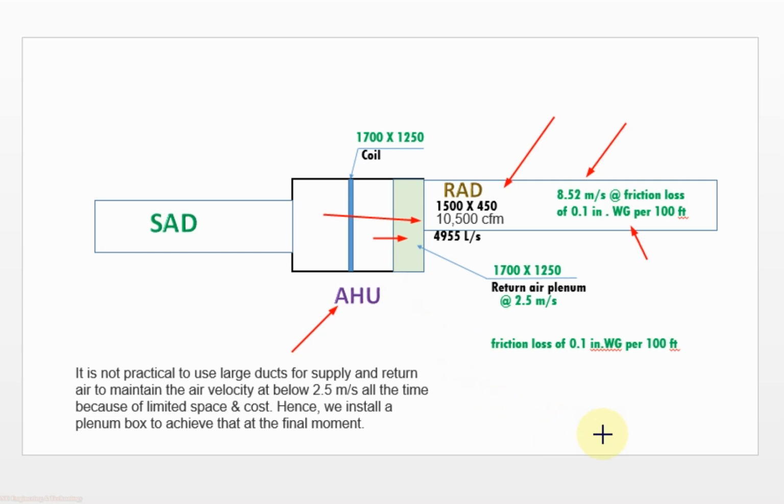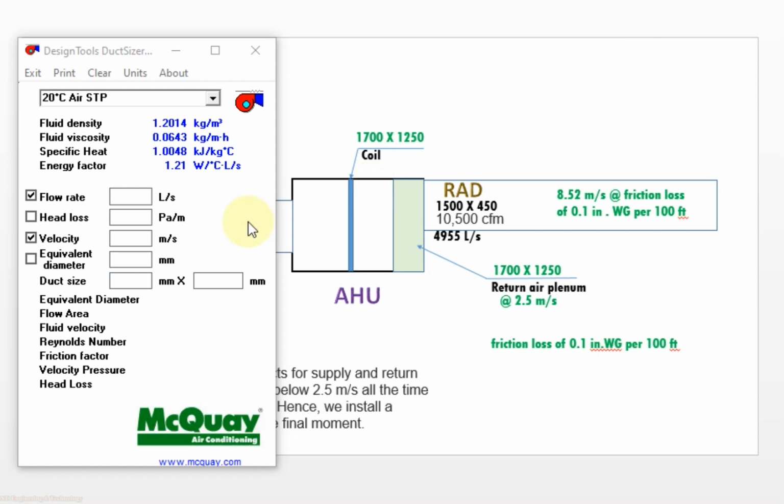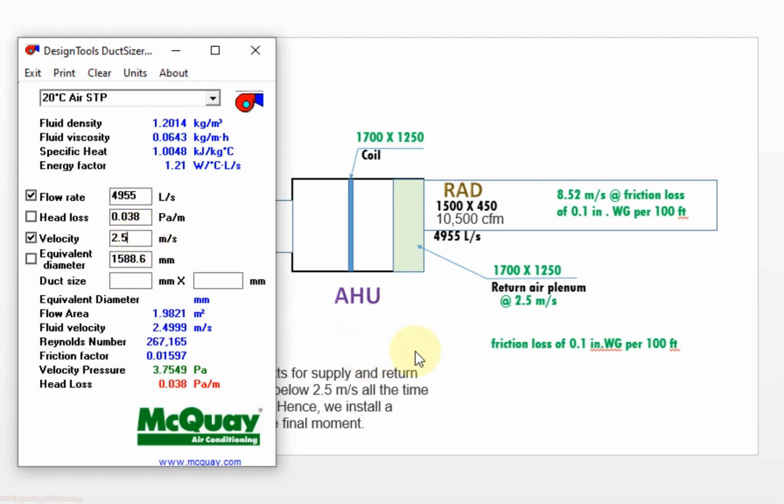So we need to provide a plenum box before the cooling coil to reduce the velocity from 8.52 to 2.5 meter per second. So now we will calculate the size for the plenum box before the cooling coil. We have the total airflow 4,955 liter per second, and the maximum velocity is 2.5 meter per second, and as per our site condition we need the maximum height of the plenum box